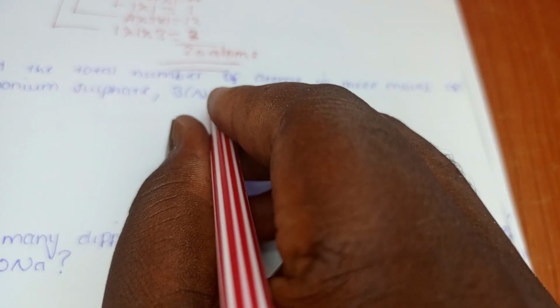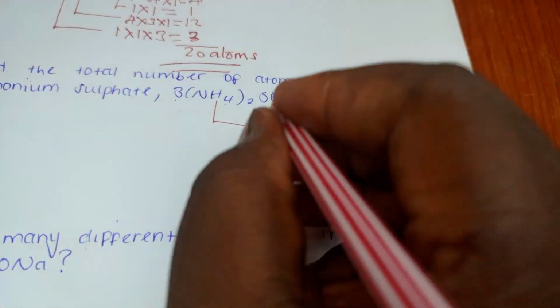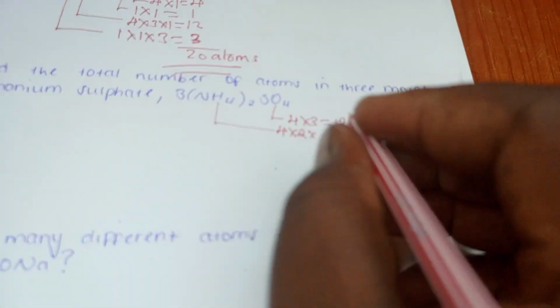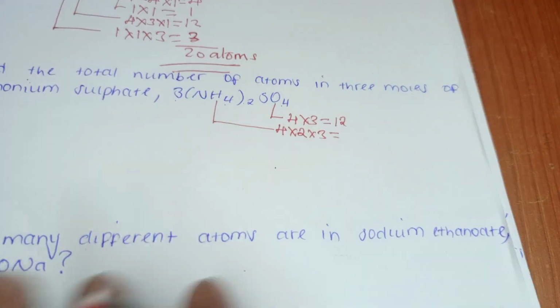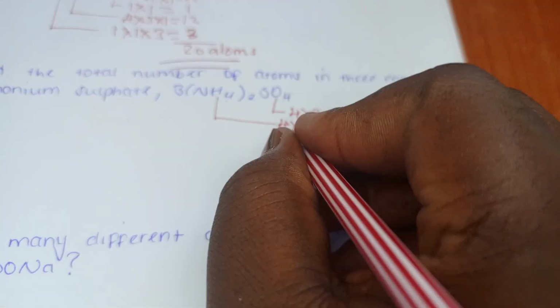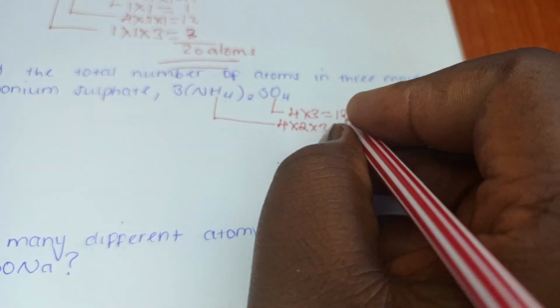You go to this one, hydrogen. As you can see, we have 4 here, which is 4 multiplied by the 2 here, multiplied by the 3 in front here. So the answer here, 4 times 2, which is 8. 8 times 3,